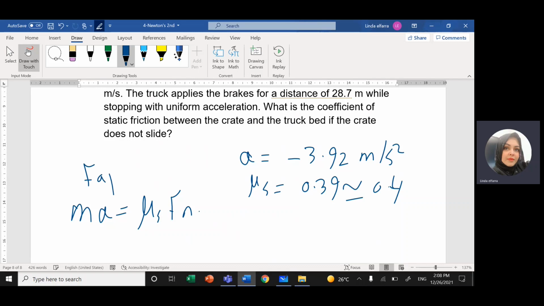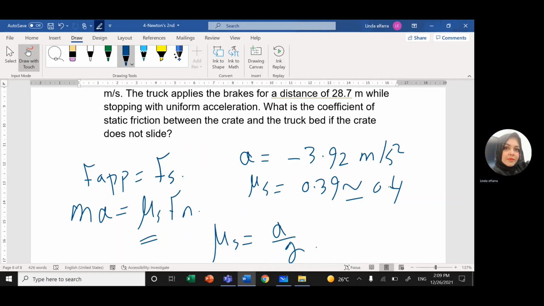So this one, F applied, should equal Fs. And from here, you'll find the coefficient of static friction should equal A divided by g. I'll keep it for you as a homework. That's it. We're done with the practice questions of Newton's